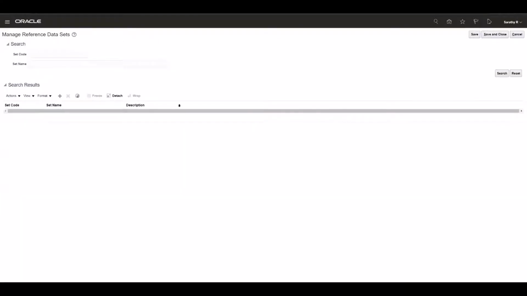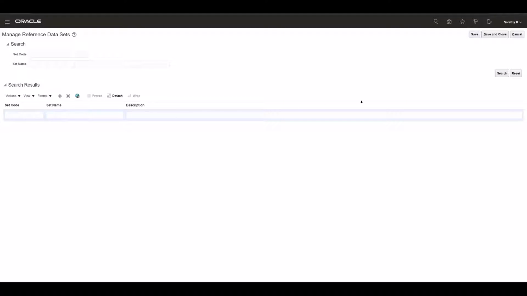Okay, this is the page. We define the new reference data set. We click on the plus icon and we will enter the code, name and the description, and then we will click on save to complete the configuration. Now I have entered the details. I am going to click on save and close.